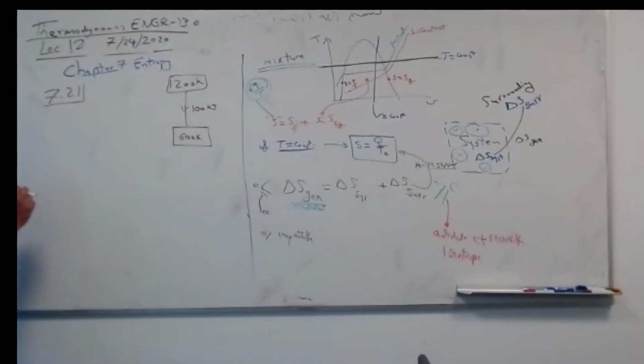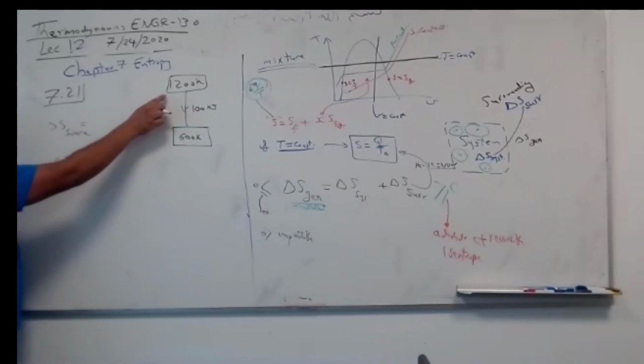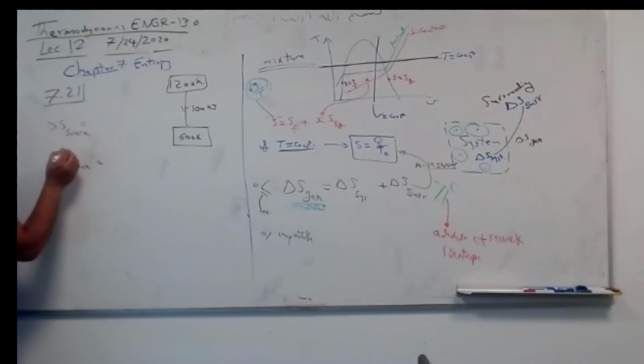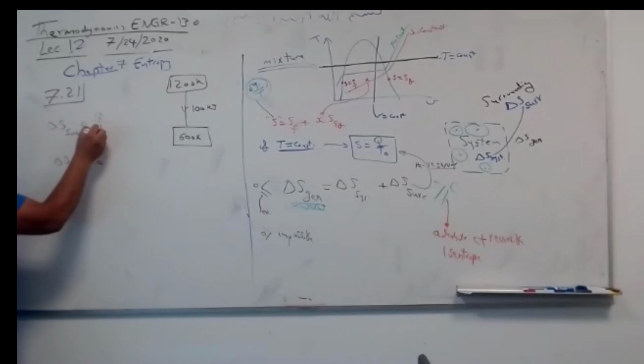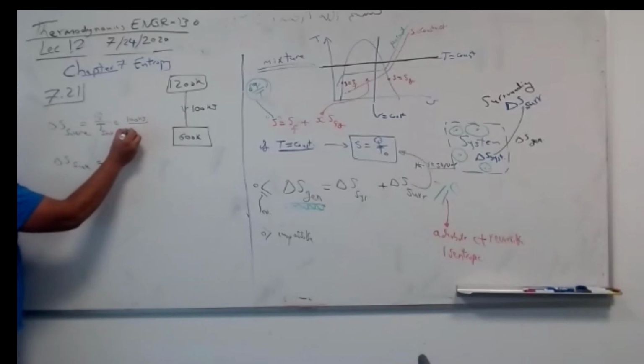Let's see that here. So delta S source, this guy, delta S sink, equal to what? Can somebody tell me delta S source equals what? Delta S source, guys, or delta S sink? What is this? Because temperature is constant, what can I say, guys? It's Q over T. Exactly. Q over T source. Q is 100 kilojoule over T, which is